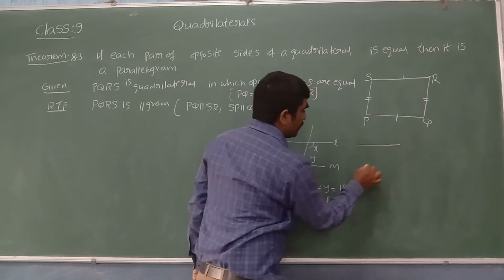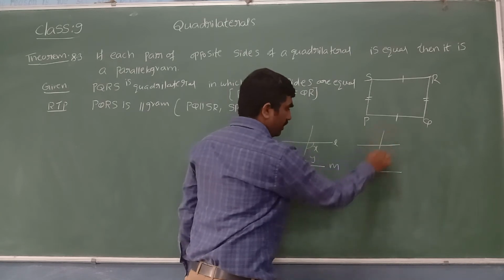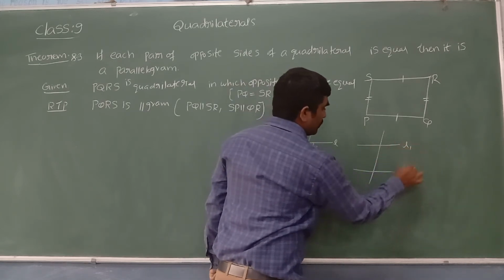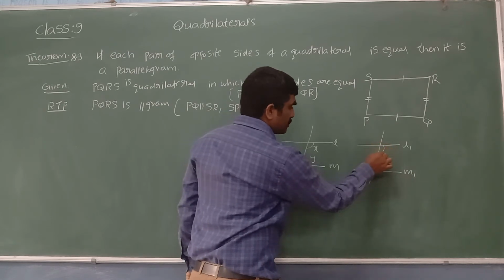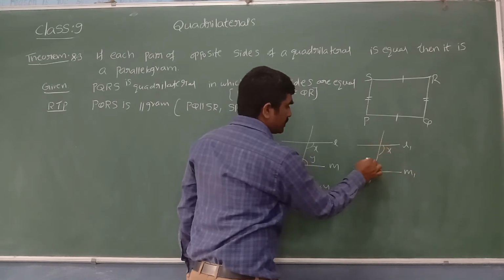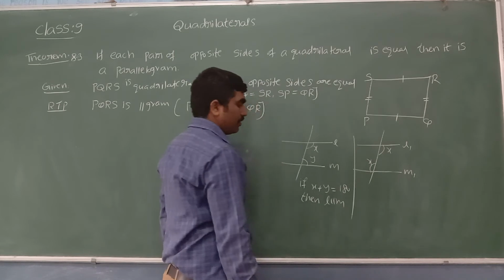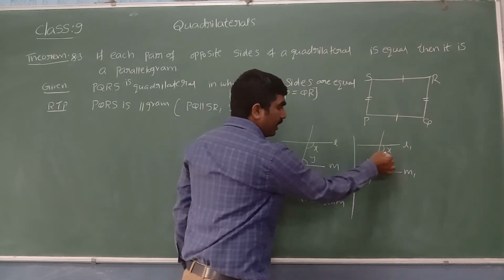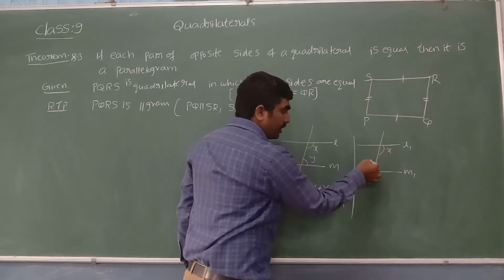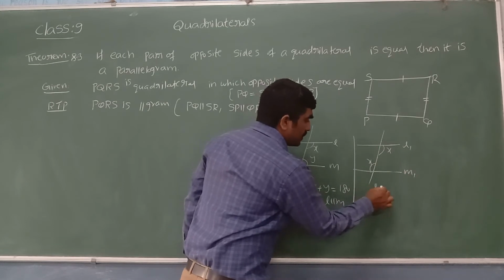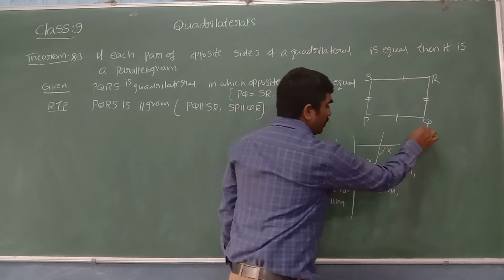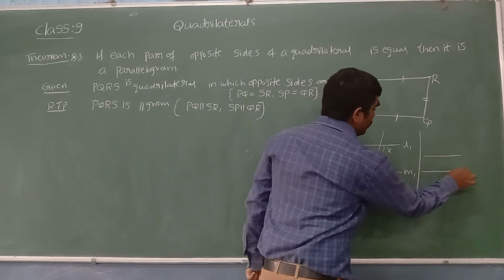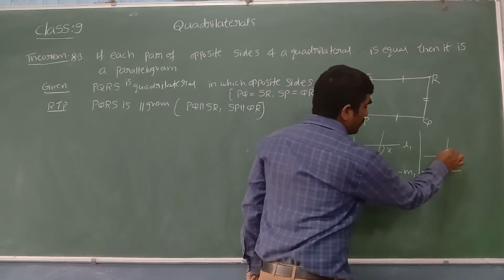Or let me take two more lines. Draw one line which intersects those two lines at two different points. Let me take these two angles, some x and even this also x. What we can comment? Alternate angles are equal. When alternate angles are equal, it's enough to say that lines are parallel.